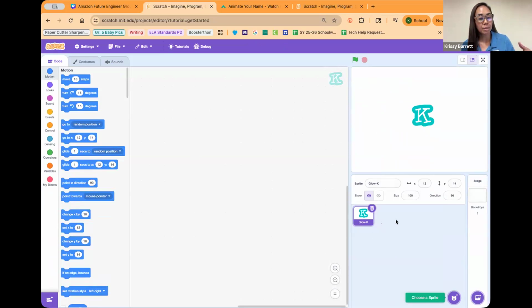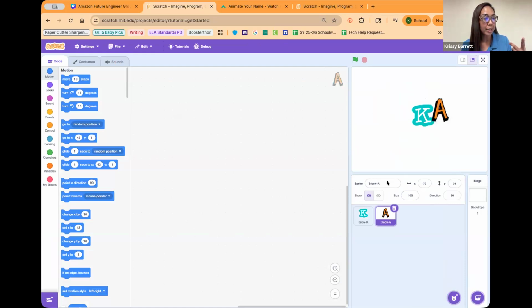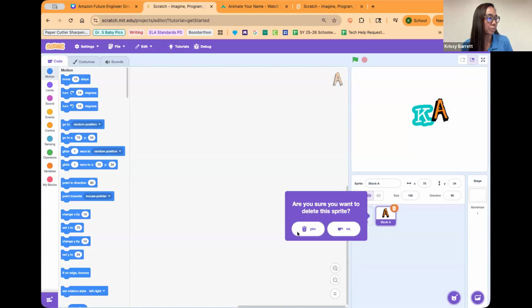Now, at the same time as I'm teaching, I also tell them it's very important to pay attention to this up here because that's what you're coding. So when you have just one sprite, it's easy. But as you start to, I'll just show you an example. As you start to add sprites, when you click the sprite, you're adding code to that specific sprite. So I tell them to start to make it a habit to double check that the sprite that they're coding is the one that's up in the corner. Okay, so I'm going to just delete this one.